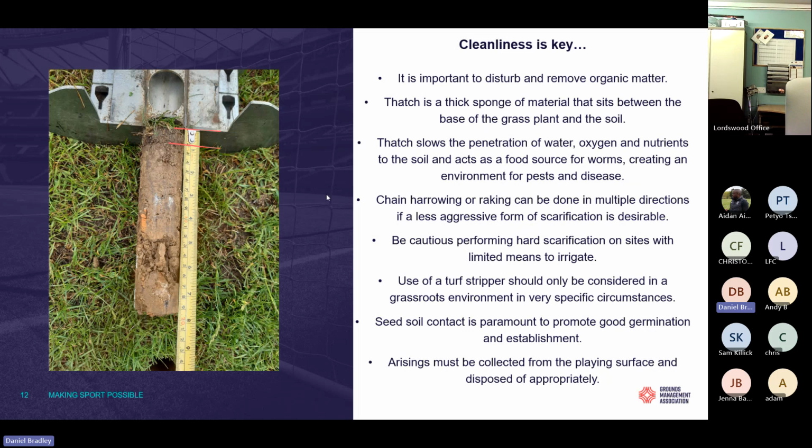The alternatives are, we talked about turf grooming, chain harrowing or raking, which can be done through the season in multiple directions. This prevents that thatch layer building up and helps to remove organic matter from the pitch. You may have seen at professional sports clubs, they use a turf stripper, and strip the surface layer completely off. This should really only be considered in extreme circumstances within grassroots football, because it's really difficult to reinstate a pitch thereafter